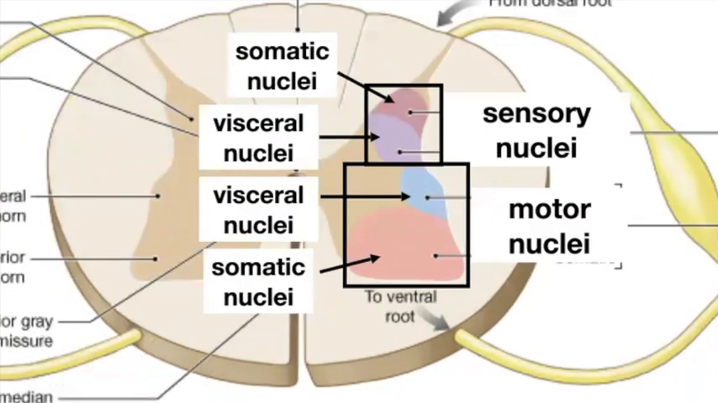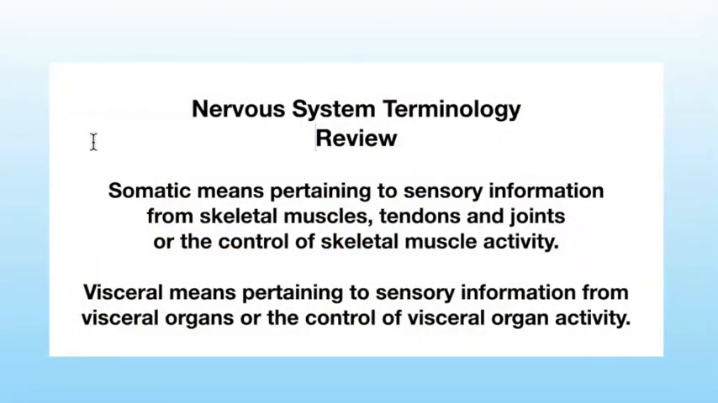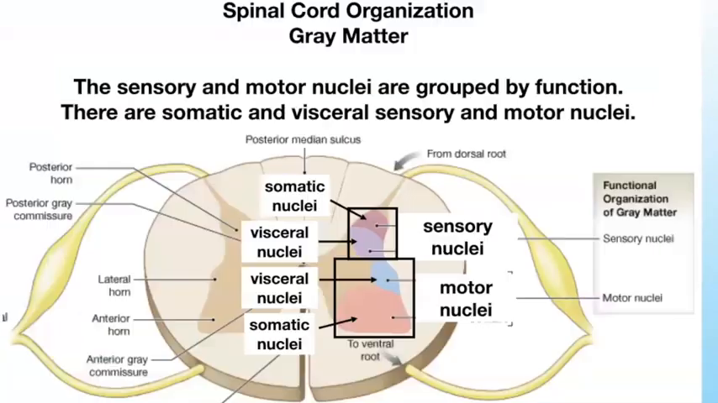The sensory and motor nuclei are grouped by function. There are somatic and visceral sensory and motor nuclei. And just a reminder, since it's easy to forget, somatic means pertaining to sensory information from skeletal muscles, tendons, and joints, or the control of skeletal muscle activity. Visceral means pertaining to sensory information from visceral organs or the control of visceral organ activity. So just to remind you, when we're saying that there are somatic and visceral sensory and motor nuclei, that's what we're referring to, okay? So now